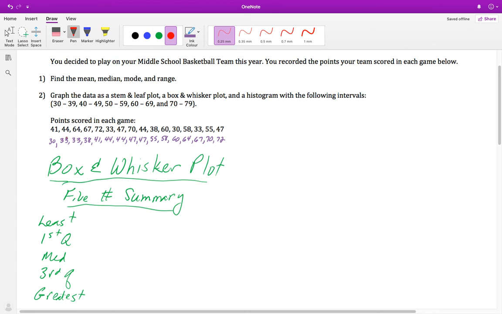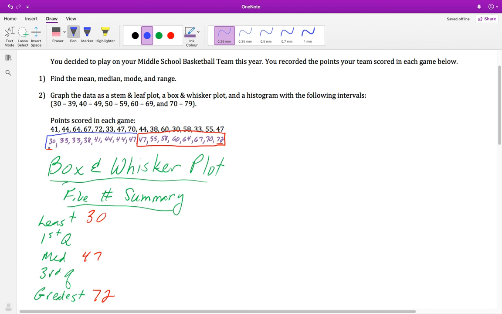Now, writing these out the way I did was on purpose because now I know I can use it again at this point. So my least and my greatest are very easy for me to figure out. My least is 30, my greatest is 72. We already solved for our median in the beginning, 47. The one thing I'm going to do now, though, is since we know that our median was at 47, I know that that is cutting my data into 2